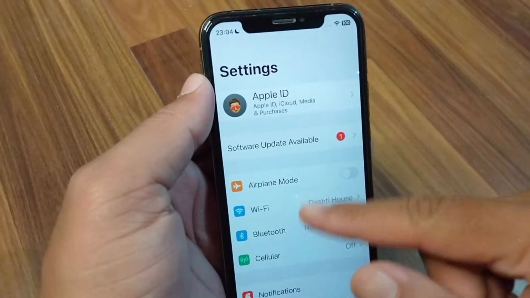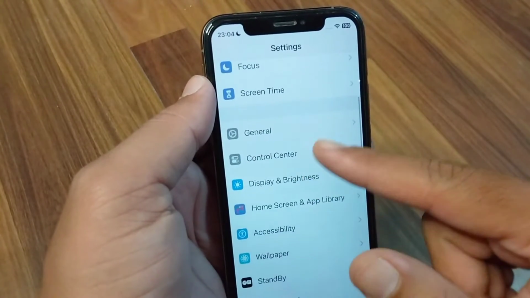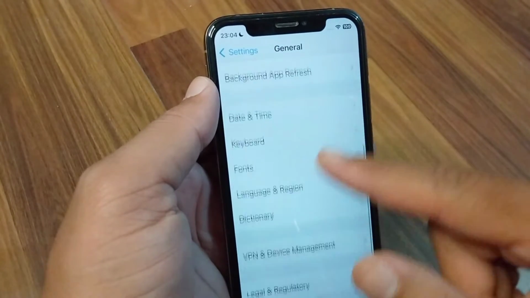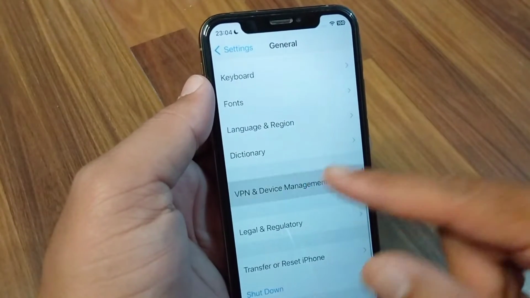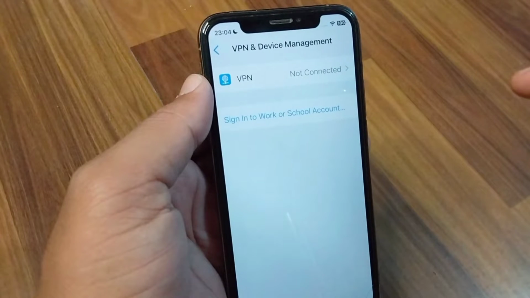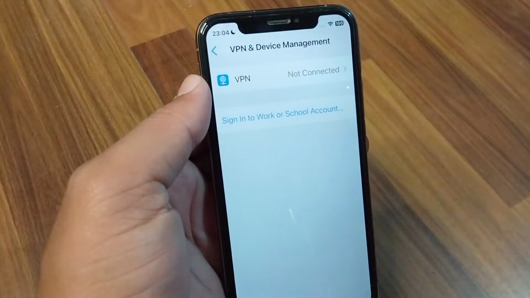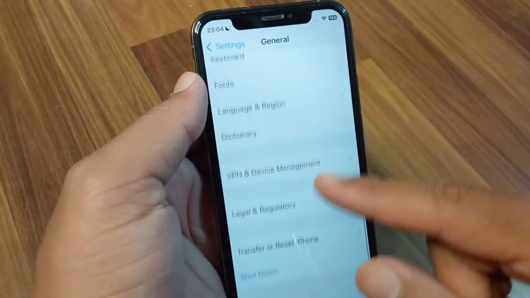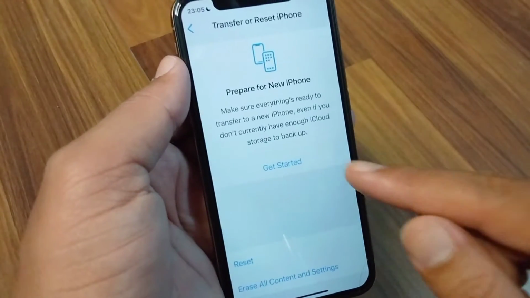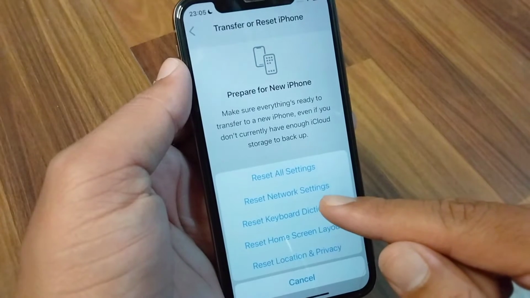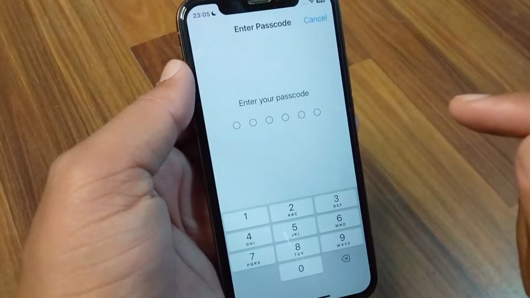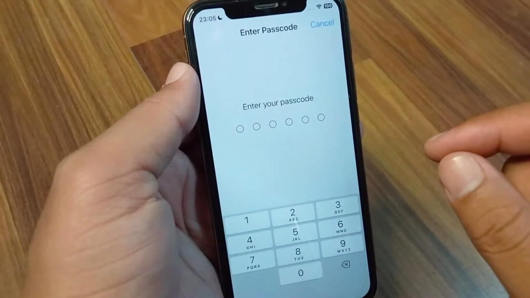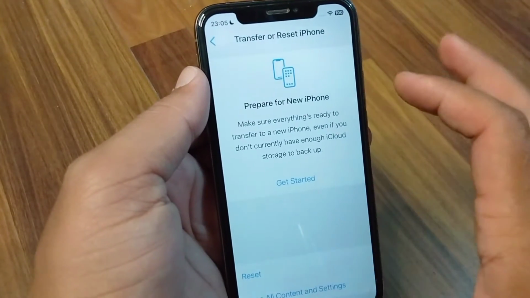from here you have to scroll below, tap on general, and from here scroll below and tap on VPN and device management. So guys, make sure that there is no connected VPN in this device, and after this go back and tap on transfer or reset iPhone, tap on reset and tap on reset network settings. So guys, reset your network settings in your iPhone, and after this check if the problem has been fixed or